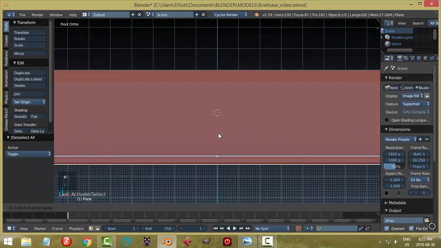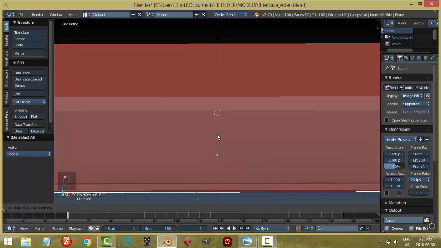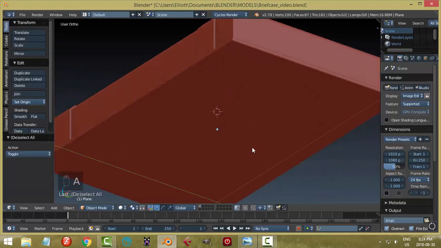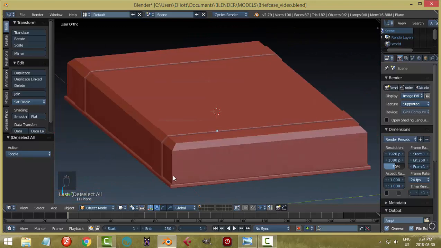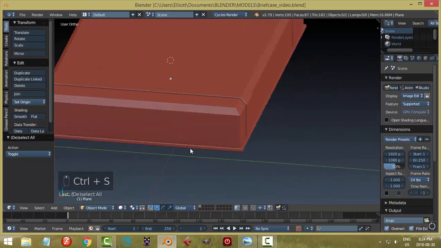I'm not going to remove any more faces on this to cut down on polys. I am going to try to move that up though a little bit more. No, that's probably good enough. I'm not going to remove this face. I don't think I'm going to do that. And I'm not going to remove the top face. I'm just going to leave it like that. And with that done,